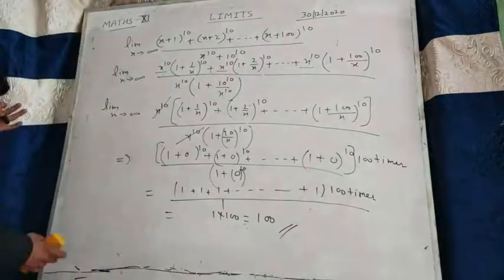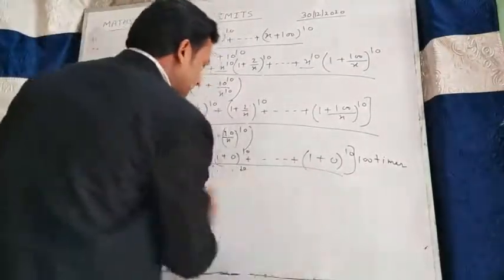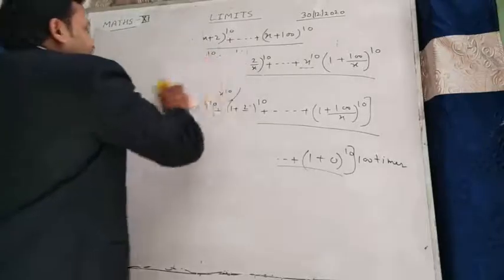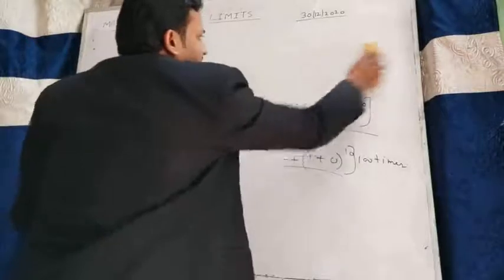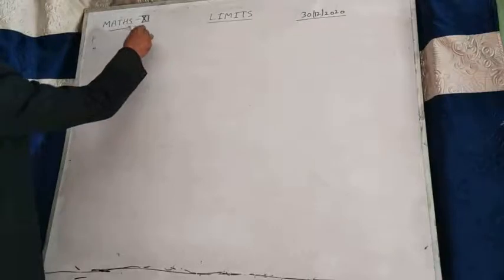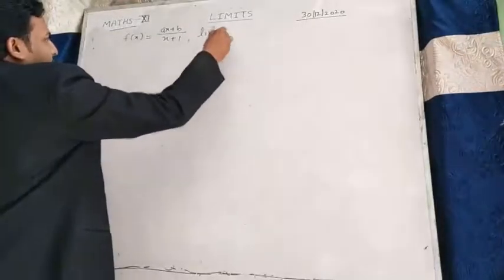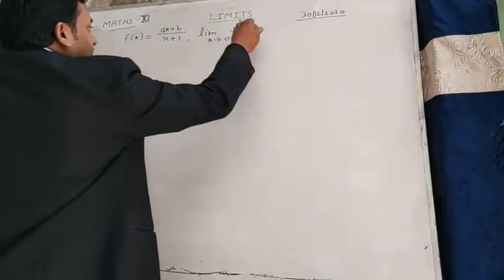Now we take another question and solve it. Our next question is, student, f(x) is equal to (ax plus b) by (x plus 1), limit x tends to 0, f(x) is equal to 2,